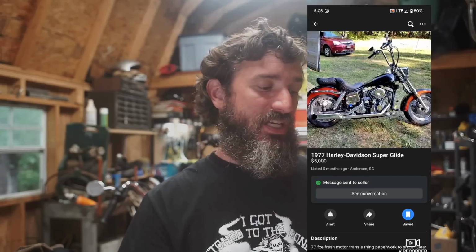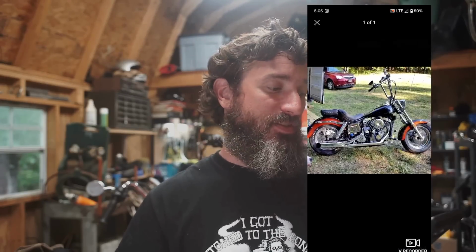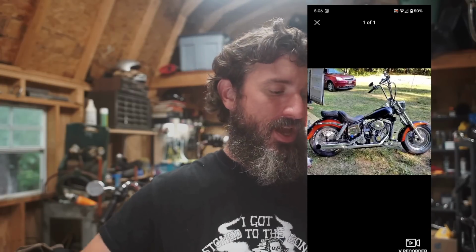Here we go. I really like this bike. This is a 77 Super Glide, so that's an FXE. I think this is a nice looking motorcycle. I don't like the ape hangers on it, but whatever. Handlebars and controls and cables and stuff are pretty cheap and easy to swap. However,